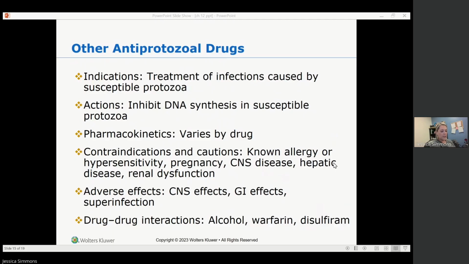Also, metronidazole inhibits the inactivation of warfarin, phenytoin, and lithium. So you want to monitor the PT, INR. You want to assess the phenytoin and lithium levels and adjust the dosages accordingly. Under nursing administration, it says hormonal contraceptive effectiveness is decreased with various antibiotics, and therefore it is recommended to use a backup method while using this drug.